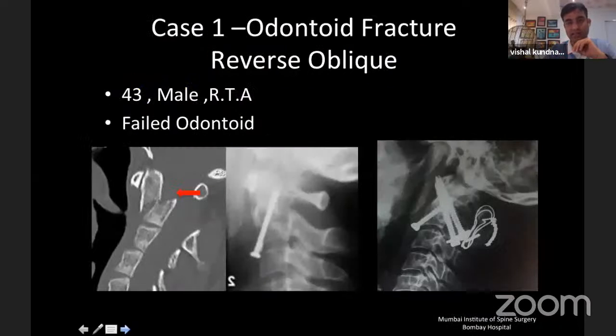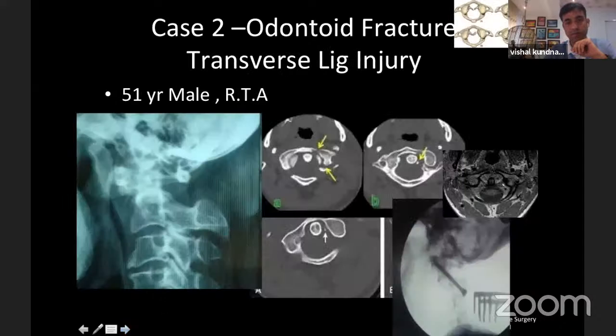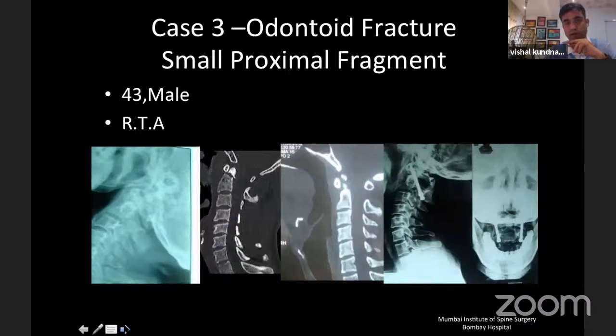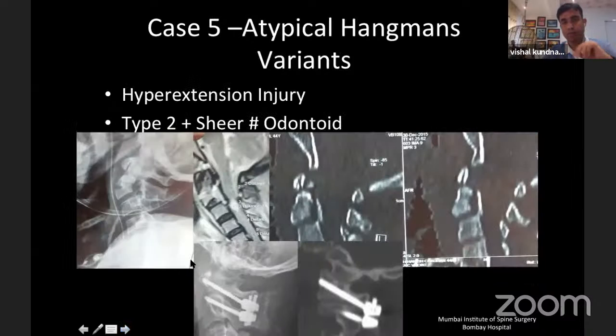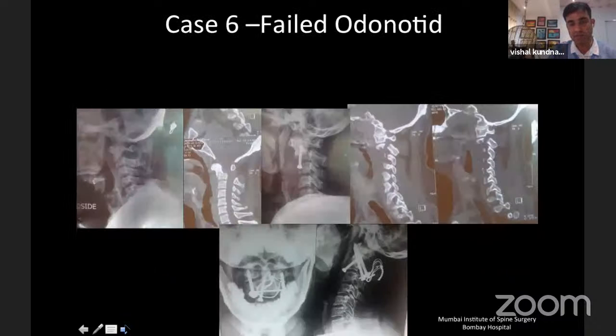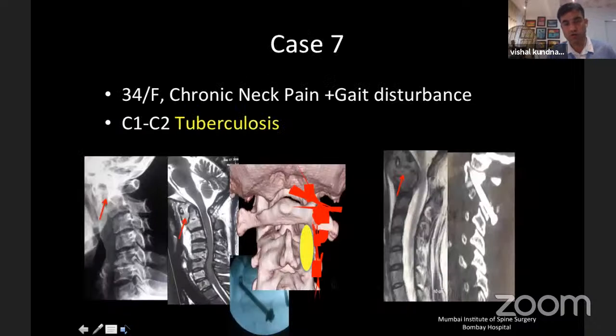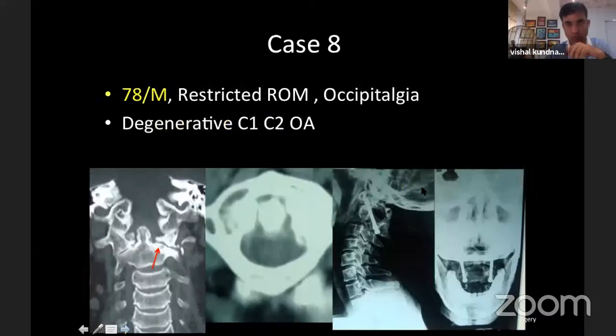And these are just some case examples. A failed odontoid where we did a posterior transarticular screw fixation. Another case of transverse ligament, again C1, C2 fixation; a small proximal fragment, again C1, C2. This is the atypical Hangman's variant, C1, C2 fixation was done. A patient with pars fracture, again C1, C2. Tuberculosis of the C1, C2 joint, with a narrow pars which was eroded, again transarticular screw, even in a high riding vertebral artery, was done. Again, you see the most important thing is that your exit point is fixed,